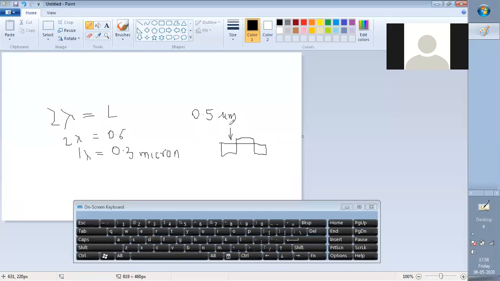We send the n-type impurity here so that an n plus region is created, because initially this is a p-type substrate. Then we bombard this with the n-type impurity so that an n plus region is created over here.